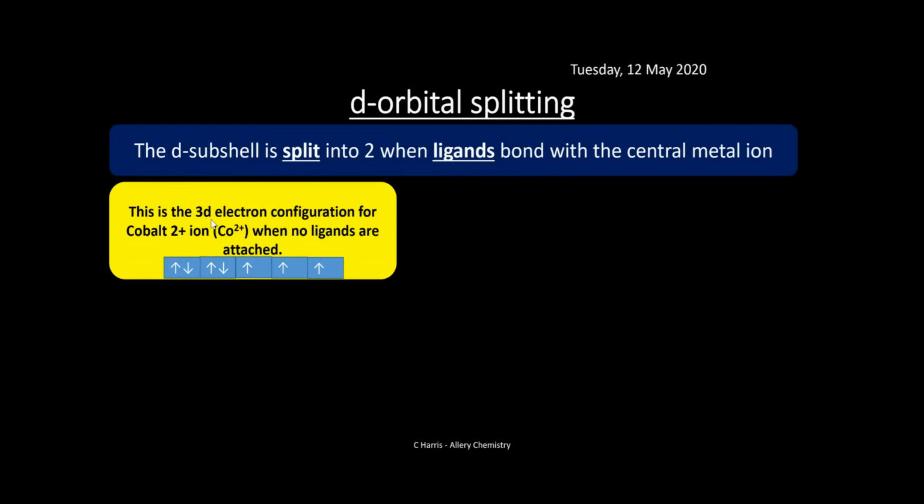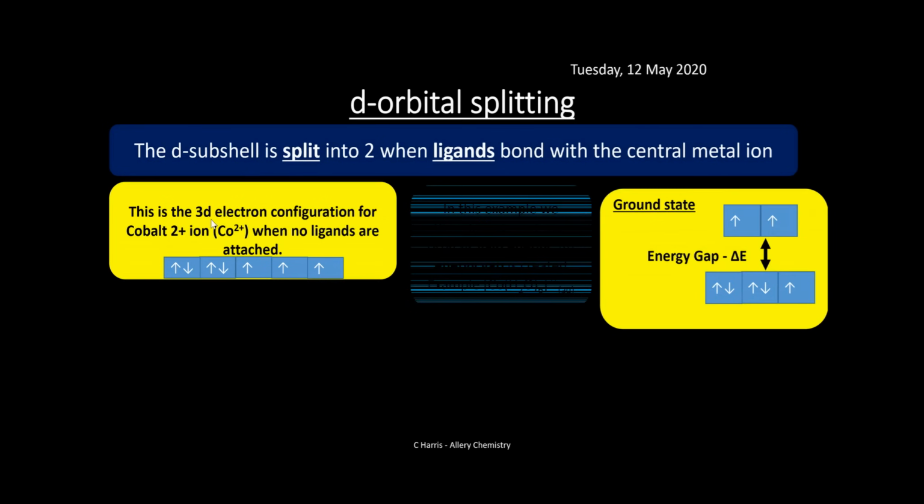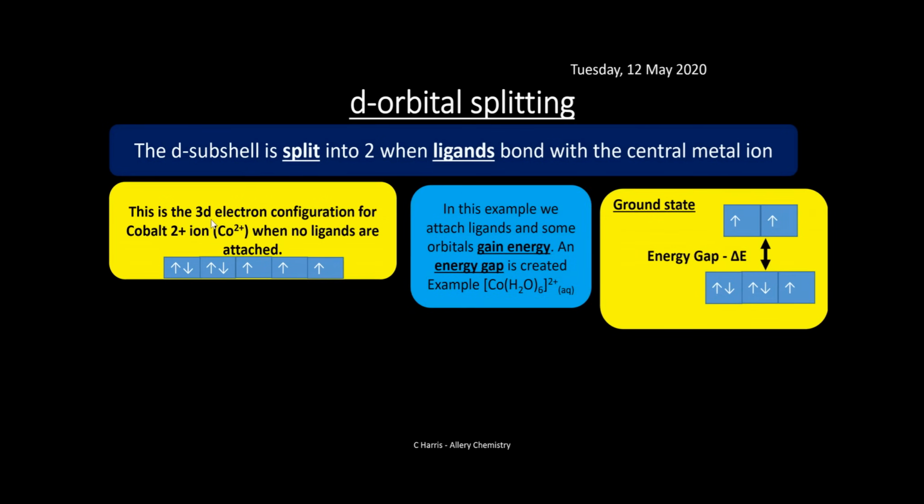So you can see here, here's our 5 orbitals in a row. This is the 3D electron configuration for the cobalt 2 plus ion, but there are no ligands attached to it, let's assume, in this example. When we attach ligands to it, something weird happens, and these 5 orbitals start to split